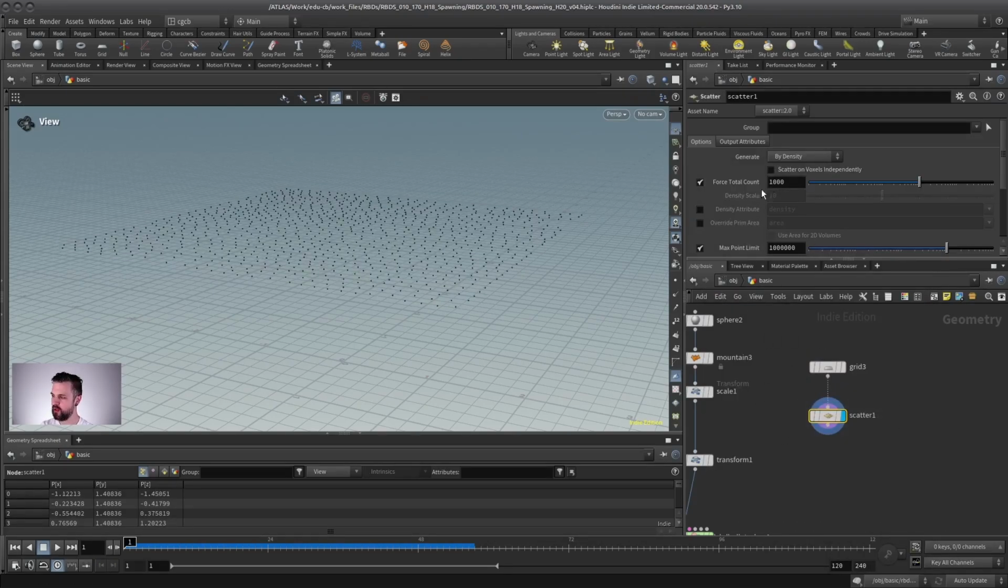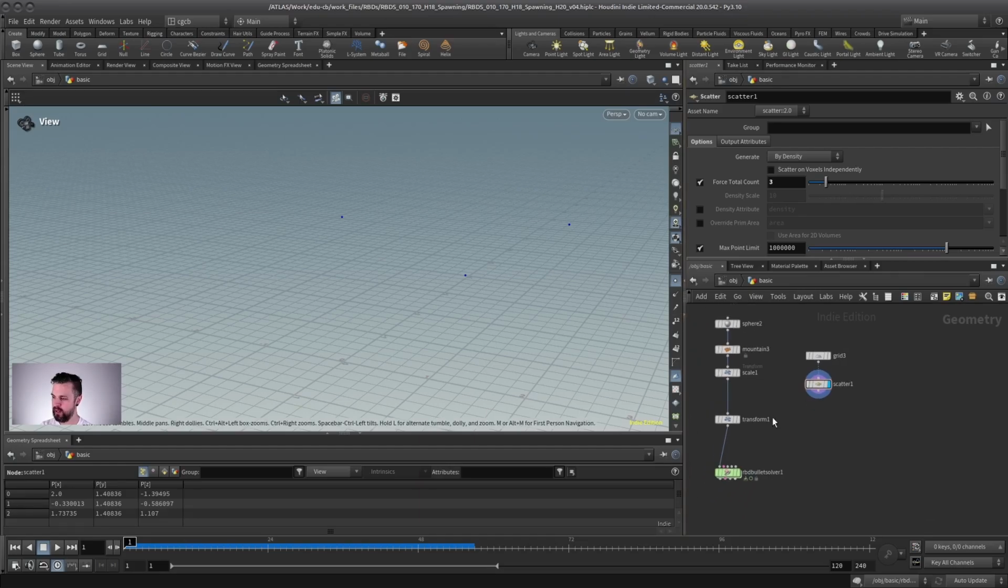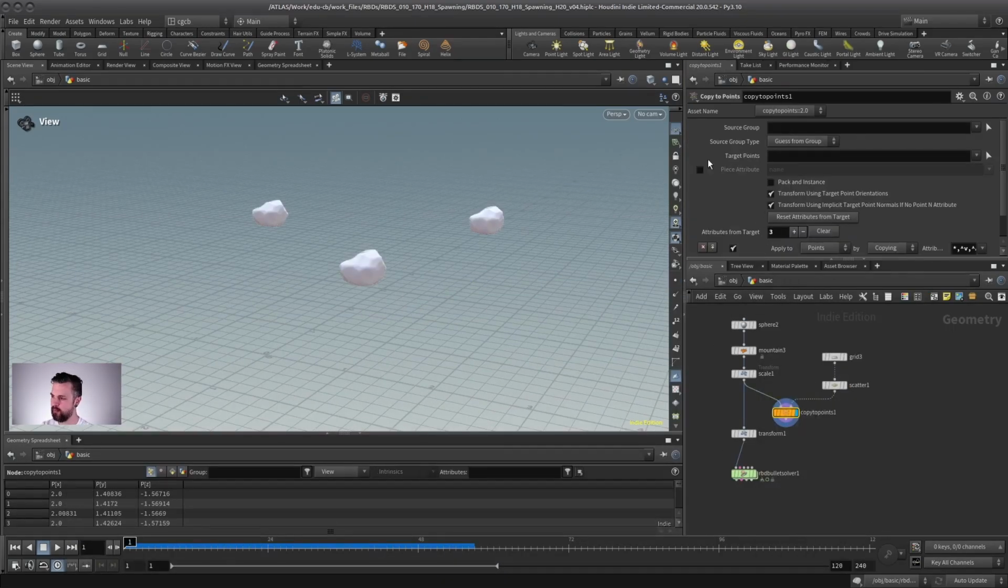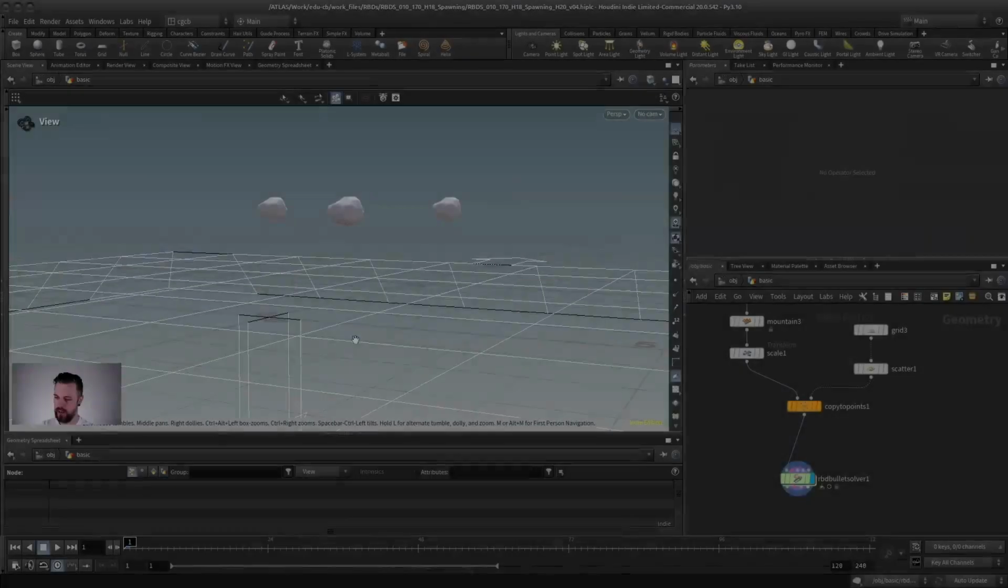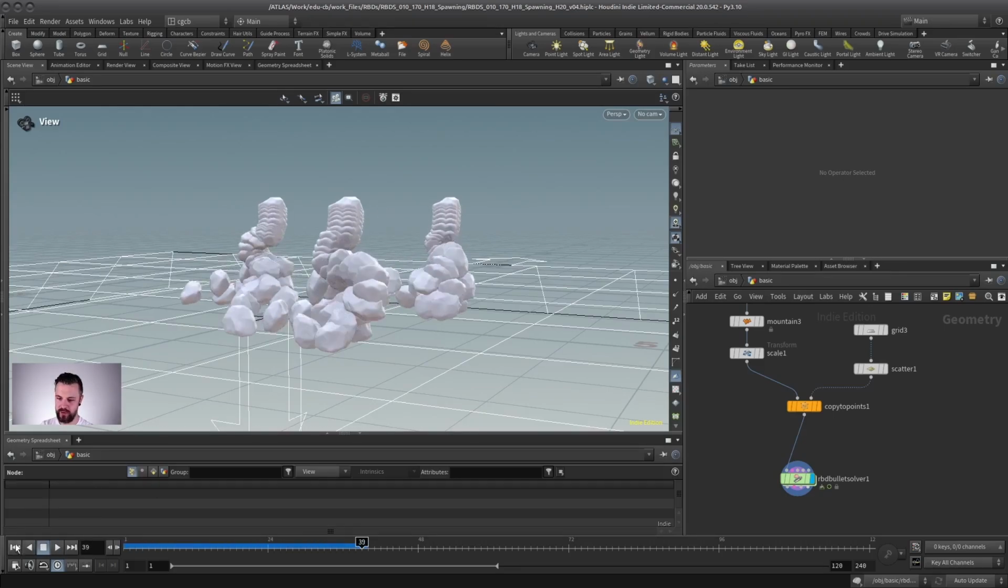And for now, we just set the total count to 3. And of course, what would happen if we now copy our rock to this with a copy to points, of course. And while we're here, let's make sure we pack and instance the whole thing. So let's delete the transform. We don't need that anymore. And now when we press start, of course, we just have the same thing 3 times,